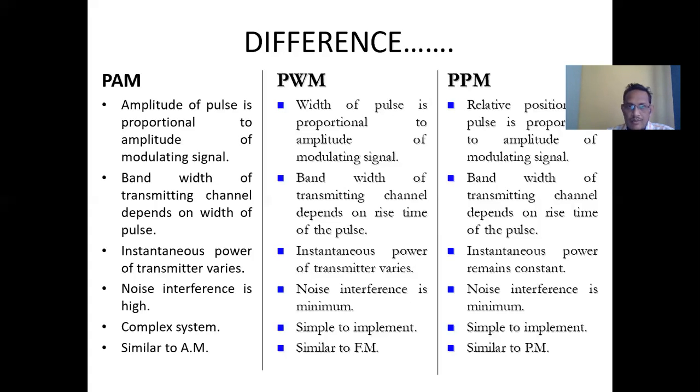In the next lecture, we will define how to convert analog modulation techniques into digital ones. For that, we require three different processes: the sampling process, quantization, and encoding. So in the next PPTs, we will define the sampling process, sampling theorem, quantization, and encoding. And we will define with examples how to convert a pulse and any analog signal and any analog modulation techniques into digital ones. Okay, thank you.